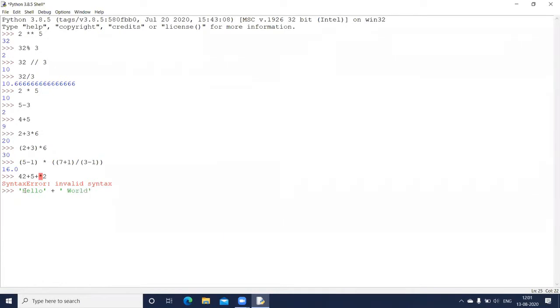So even though plus is an arithmetic operator, if I'm using two strings as the parameters for this operator, it is going to perform concatenation. So the plus operator can be used with strings as well.